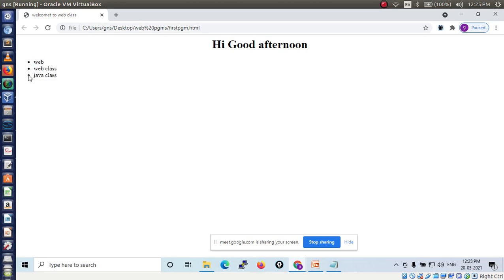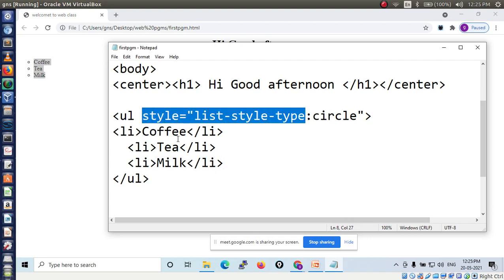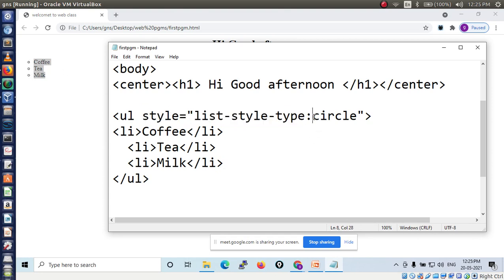It is called disk type. By default it will come, but if you want to make it a circle, we have to write the circle style in the ul tag. It is displaying circle. See, the bullet type is circle. To display like this, we have to use code like this: ul style equal to list-style-type colon circle. If you write circle, you will get circle shape.